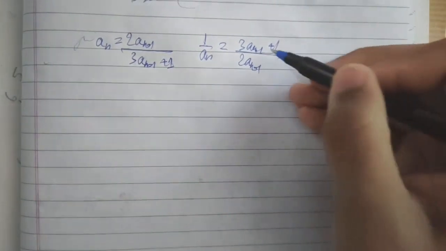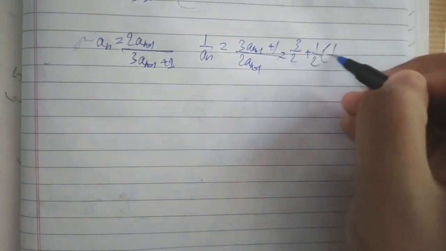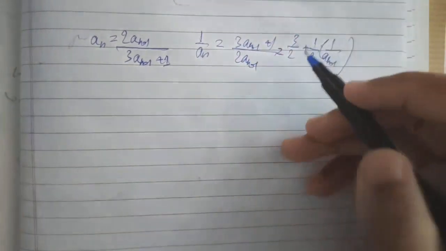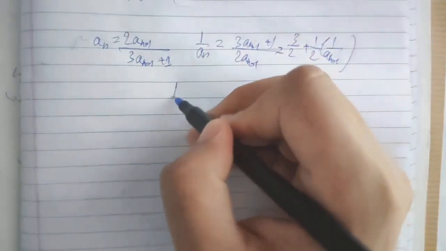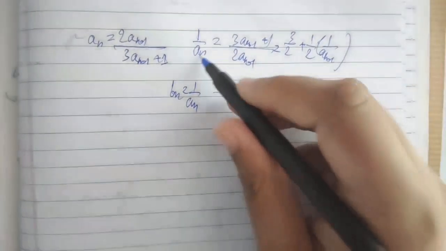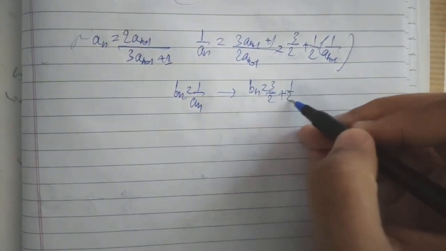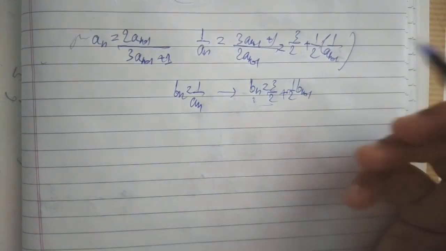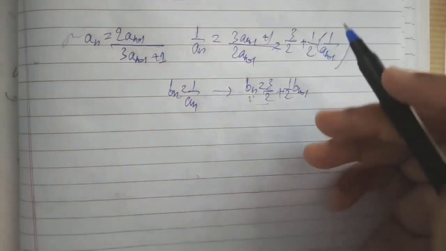Now if you simplify a bit, it will be written like 3 by 2 plus 1 by 2 into 1 over a(n minus 1). By taking some algebra, you will get this. Now you can observe here, if we define a new sequence bn to be 1 over an, we can write this as bn is equal to 3 by 2 plus half b(n minus 1). If we clearly observe, it is of the previous form. We already know how to solve it. So after this, it is very doable. Okay, so I guess the problem is solved.